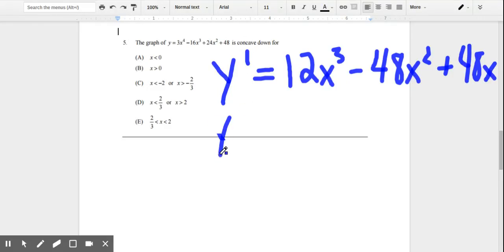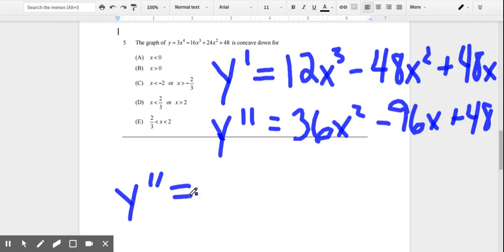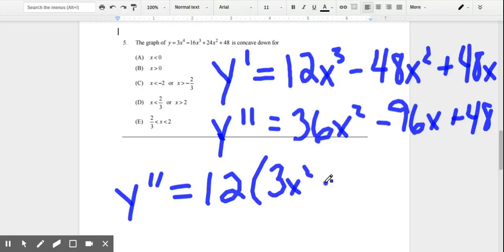All right, that means y double prime, our second derivative, is 36x squared minus 96x plus 48. That can be factored easily enough. So y double prime is going to be equal to, let's factor out a 12 here. So I get 12 times 3x squared minus 8x